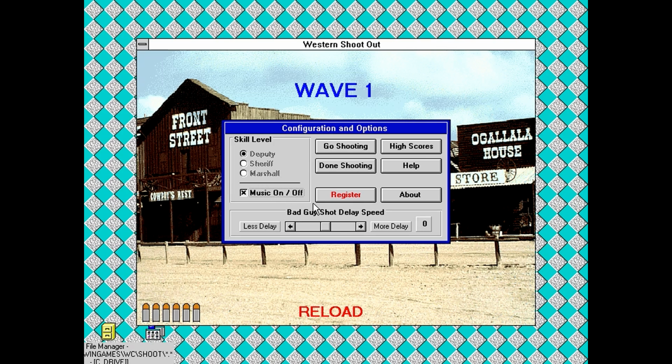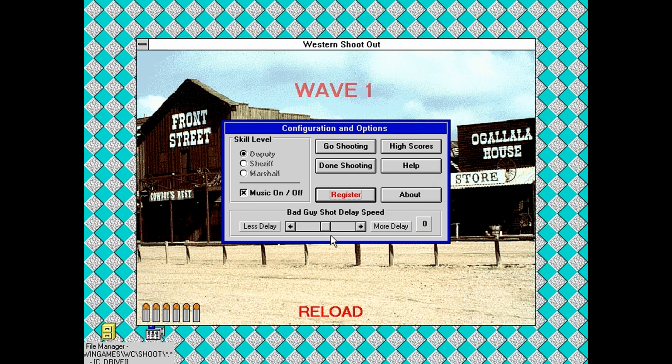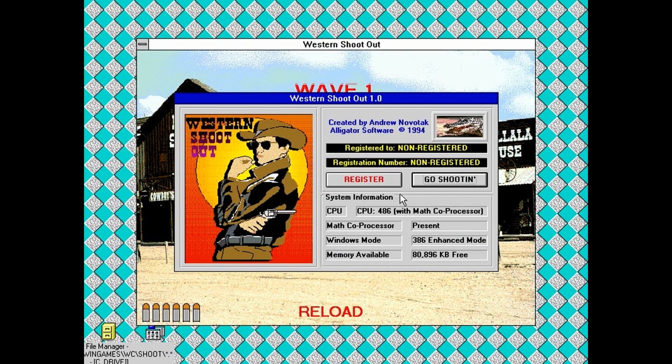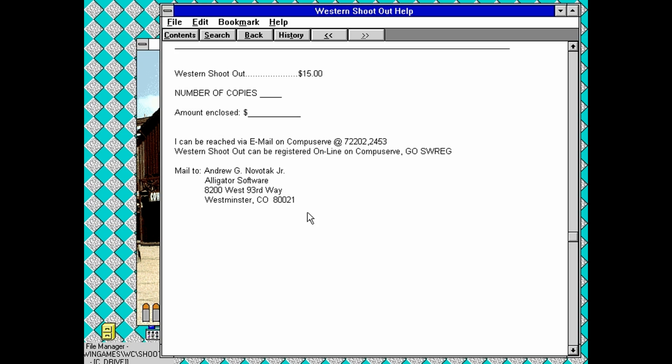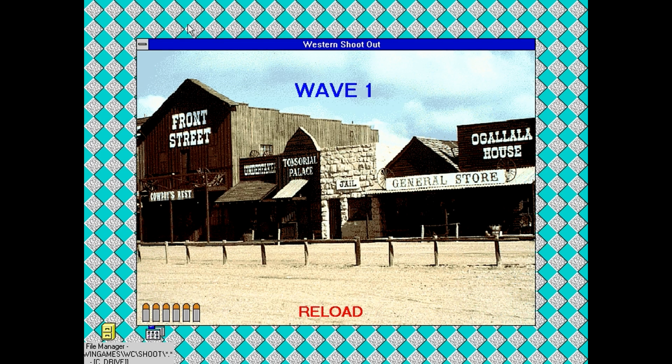Okay. Music? Okay. Go shooting, done shooting. Why would you have done well, that's probably the quit button. What does register say? Still doesn't have a... Interesting. So what is actually the cost of this then? There it is. $15 is what he was asking for this. Which, given the fact he's been stealing sound effects...